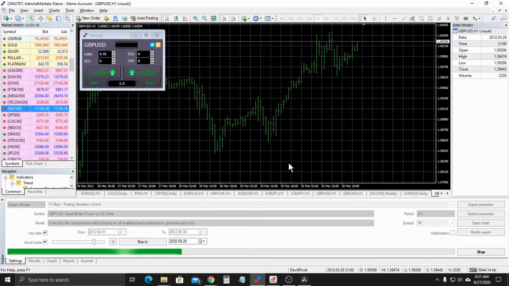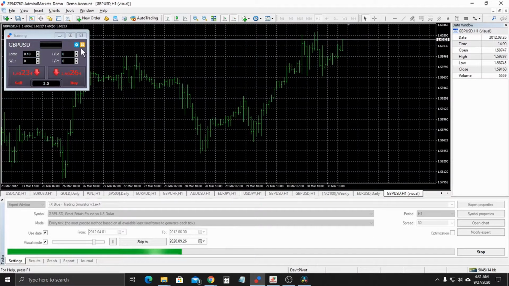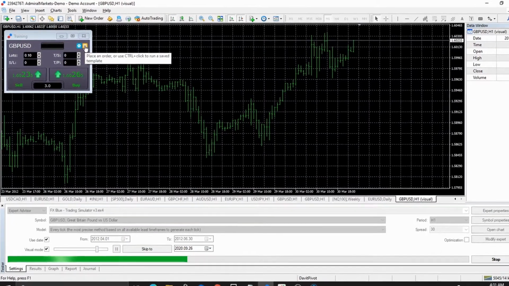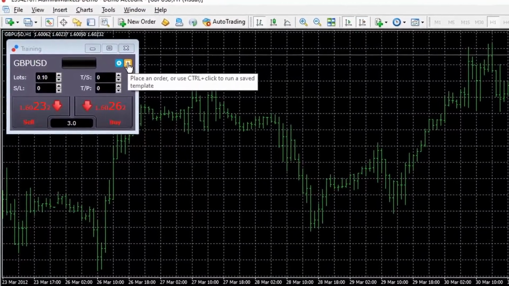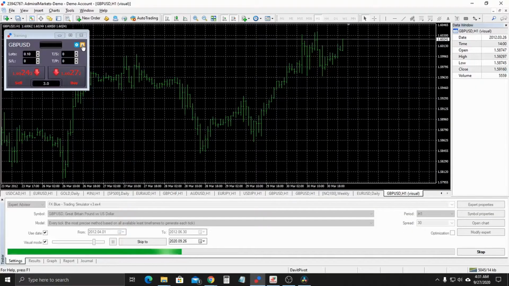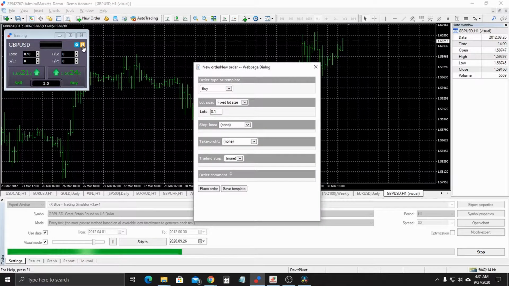Okay, so for this part of the instructional, what we're looking at are the OCO orders. Alright, so what we do is we go to this here. We go to this here. This is the place an order, as you can see. And it says use Ctrl click to run a saved template. But for right now, let's just take a look at what this will basically do